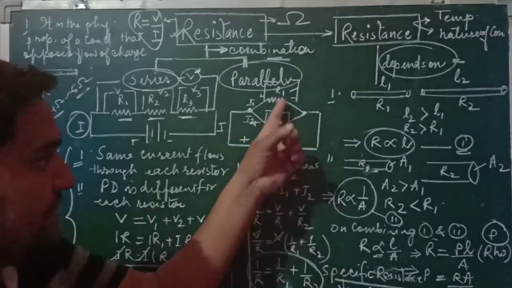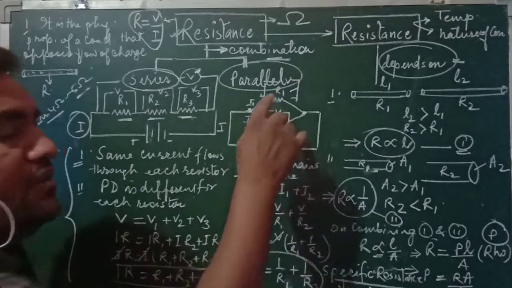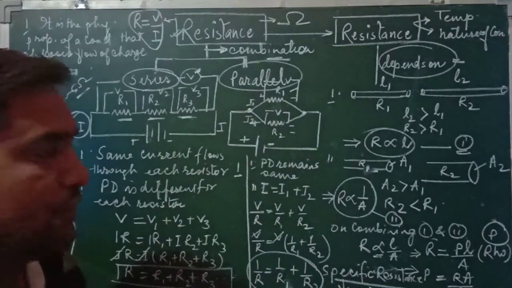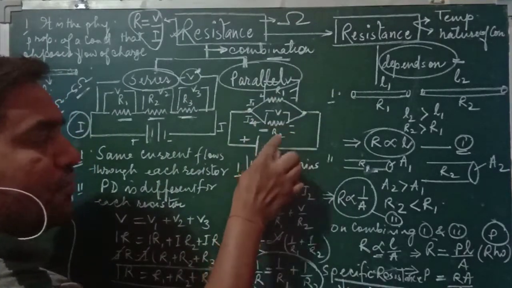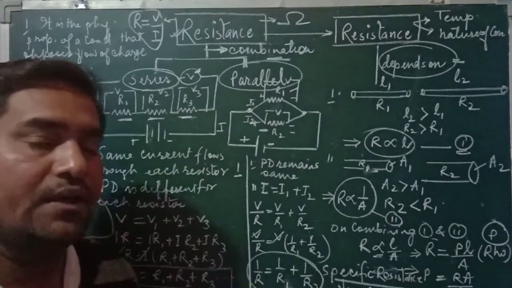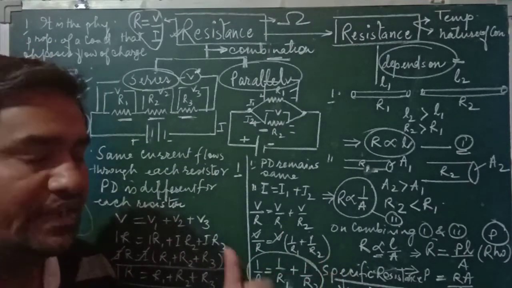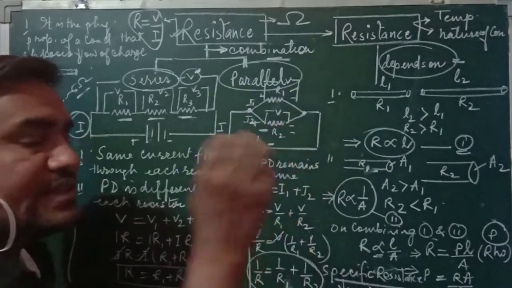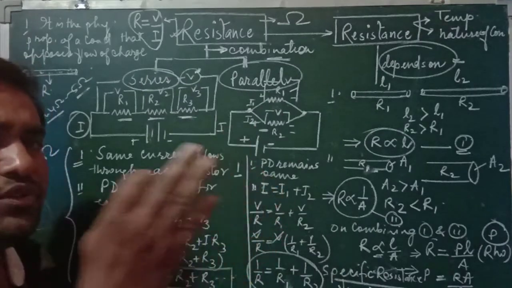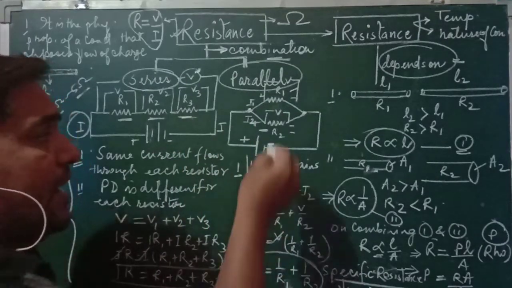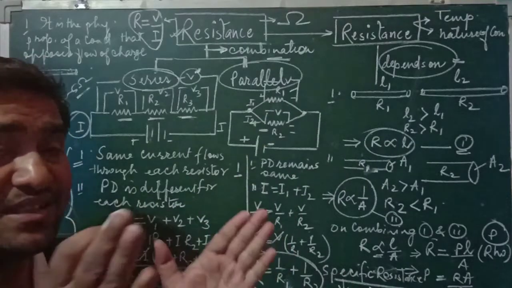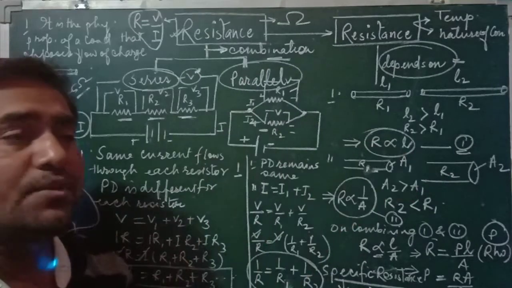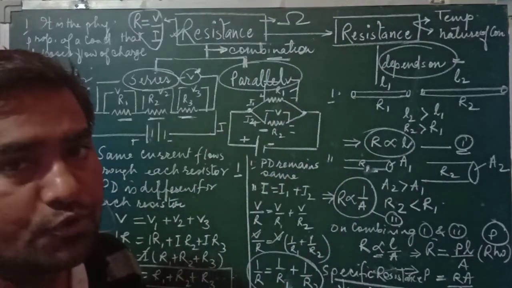Understood? And for each device, suppose any one R1, the resistance of any appliance, gets fused, then the other device R2 will not stop working. It will keep on working. Understood, student? And here the potential difference V is the same for each appliance, so they can draw the electric current as per their requirement. So this is the basic benefit of the parallel combination. Hence it is applied in our household wirings.